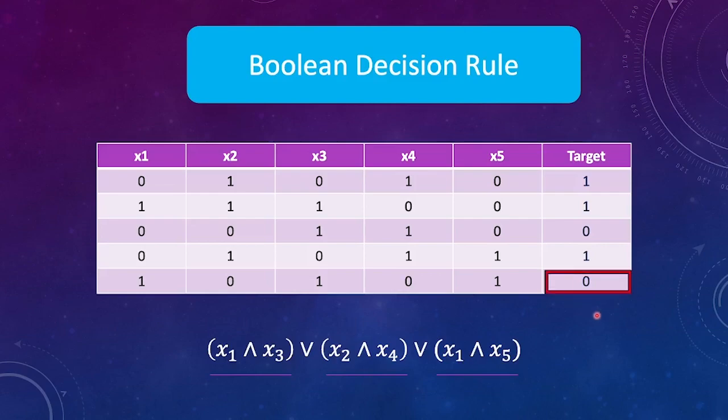So in a way, for this particular training data, this Boolean decision rule is not the best one. What we want to do is generate some sort of formula like this, which is slightly more accurate than this. One key advantage of having this kind of Boolean decision rule is that